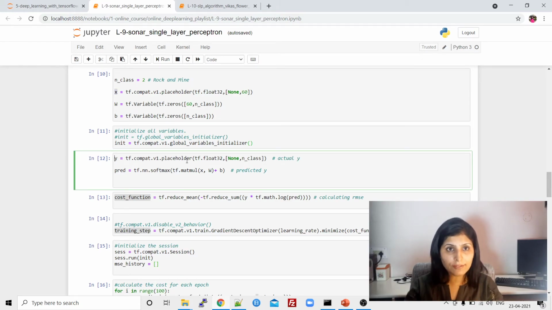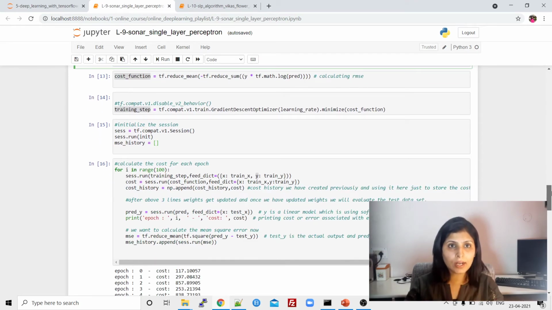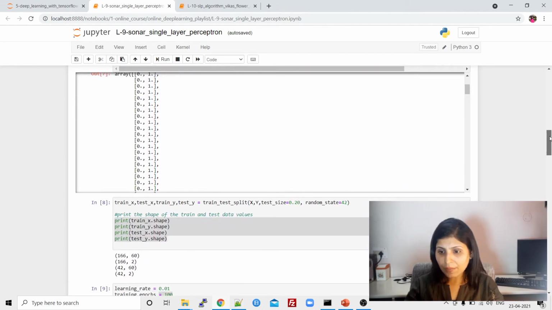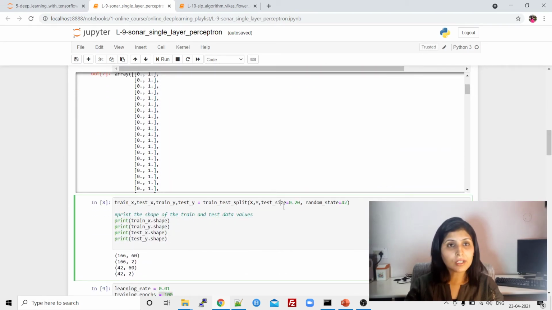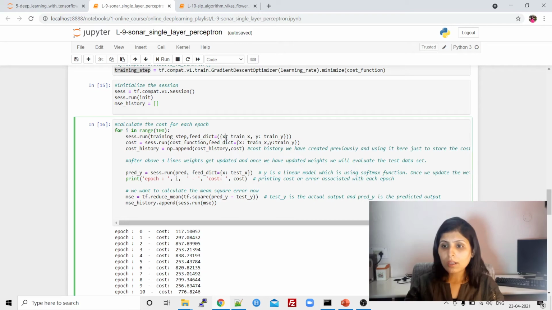So we need to give values to it. Now we want to train our algorithm first. We have already divided our data into train and test. So over here, in that x variable, I'm providing the data which is in train underscore x, and in the y variable, I'm providing the data which is in train underscore y, right? So what do x and y have now?